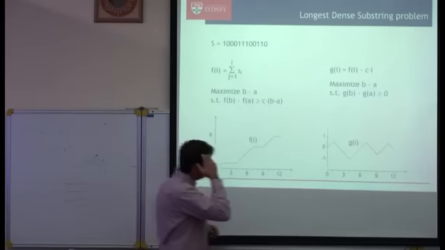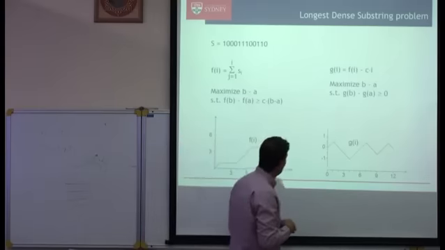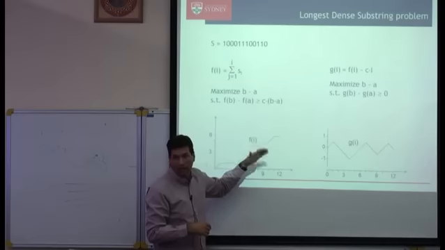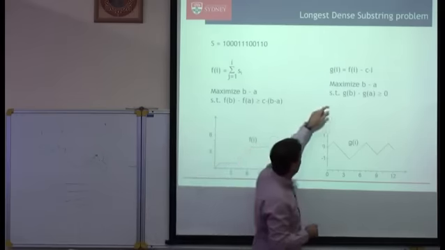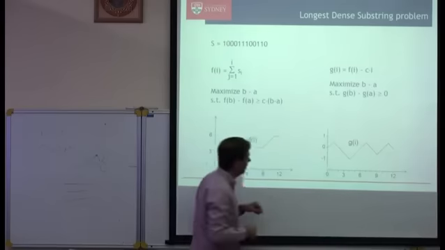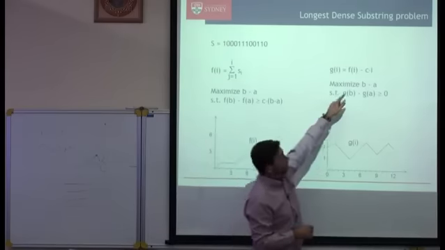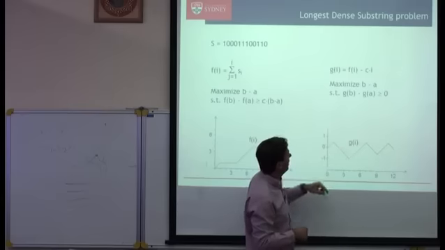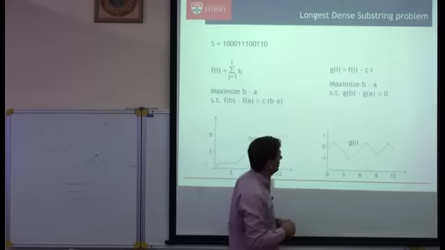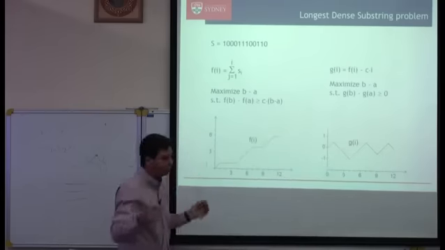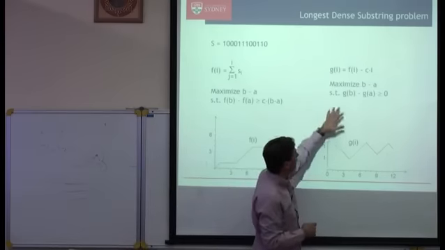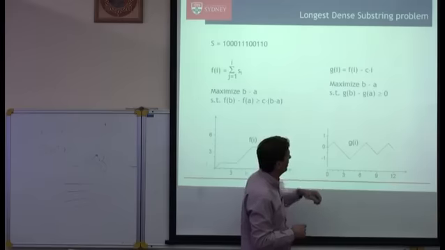Okay, so now I can just modify this a little bit. I have this increasing function, and I can just rotate it a little bit. So I remove more or less the diagonal, c times I. And now, again, I want to maximize b minus a. So I want to maximize the horizontal duration. And I want to guarantee that